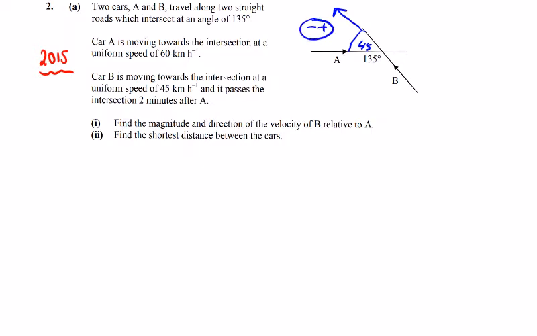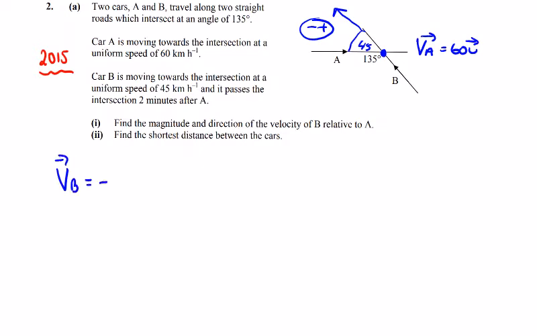Car A is moving towards the intersection at a uniform speed of 60 kilometers an hour, so the velocity of A is just 60 in the I direction, nothing in the J direction. The velocity of B: if we take this as the origin, B is going negative, positive, so the velocity of B